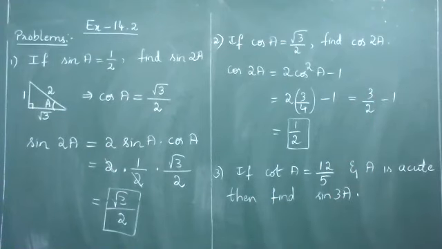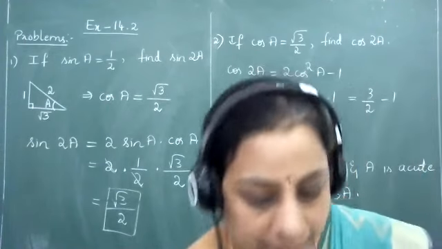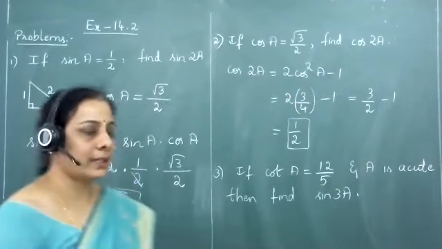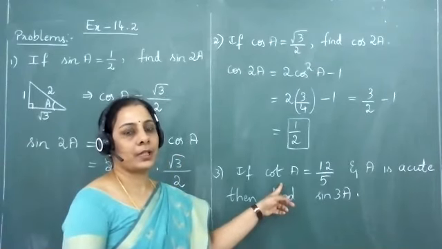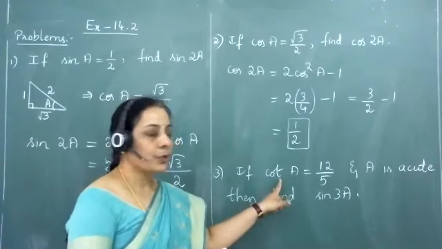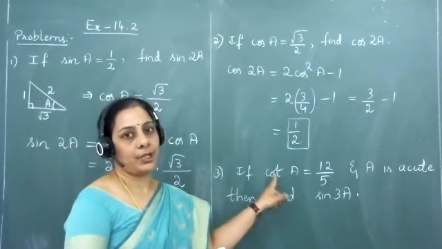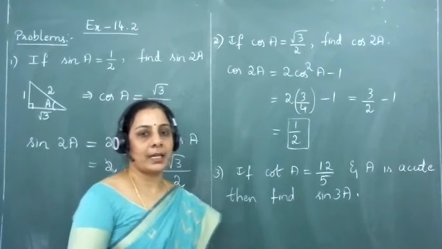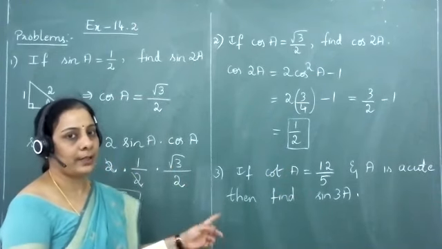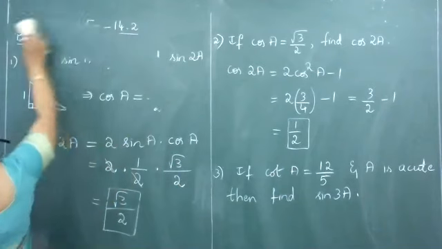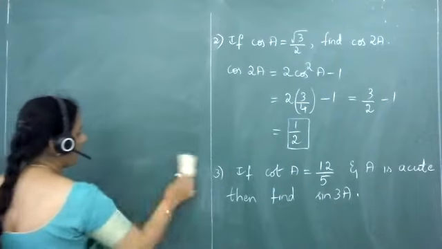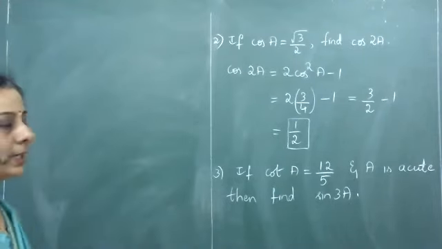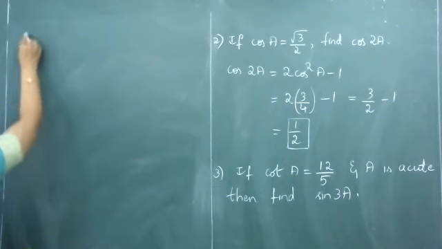Here, neither sin A nor cos A has been mentioned to get the value of sin 3A. Instead, they have given in the question the value of cot A. So again, we have to consider a right angle triangle, use the definition of cotangent of an angle, find out the remaining side using Pythagoras theorem, and find out the sine ratio. To get sin 3A, we don't have to find the value of cos. The cosine ratio is not called for. So we shall answer this particular question now.